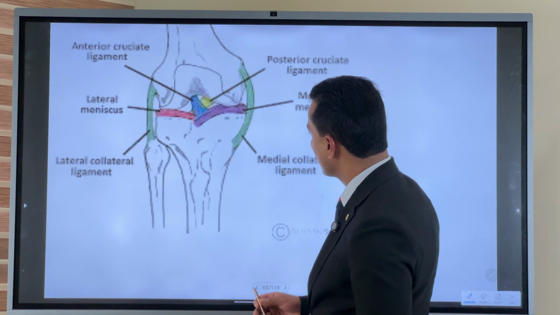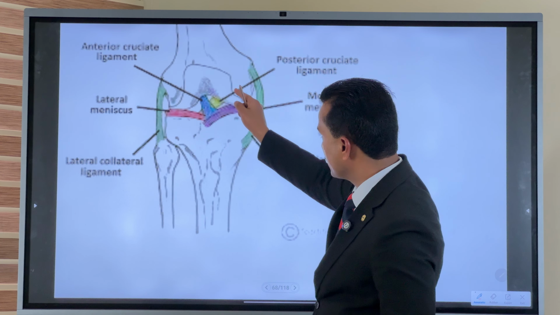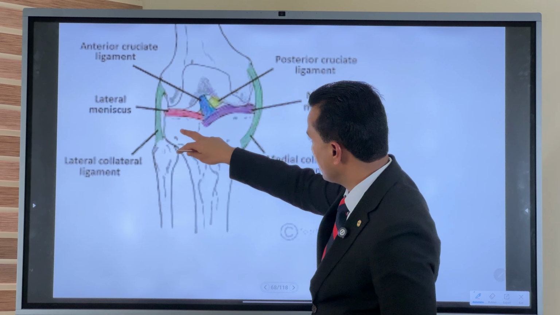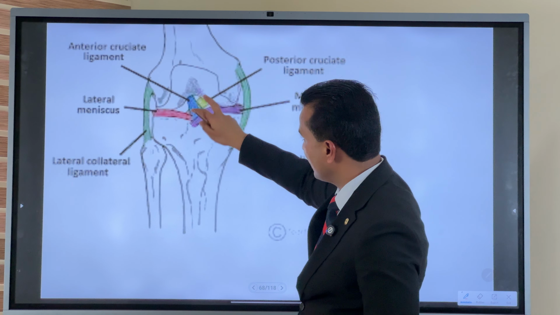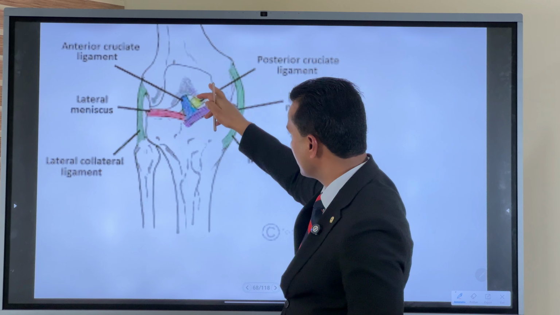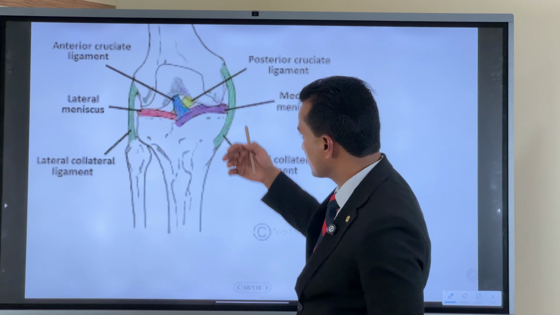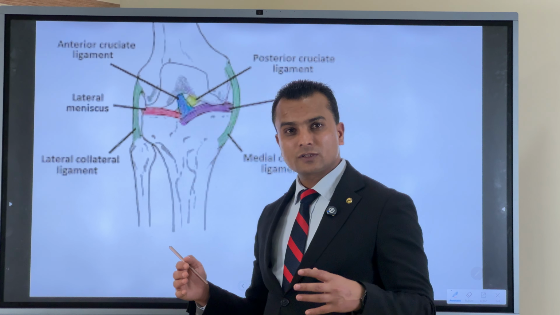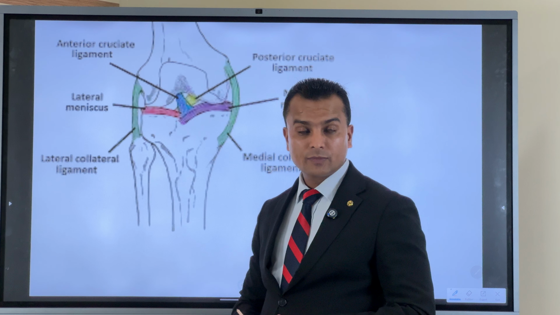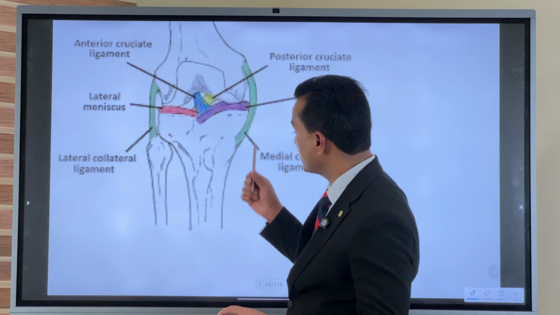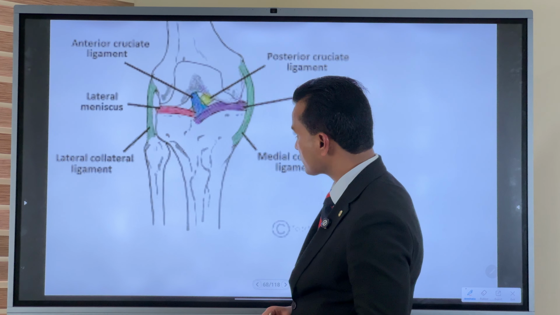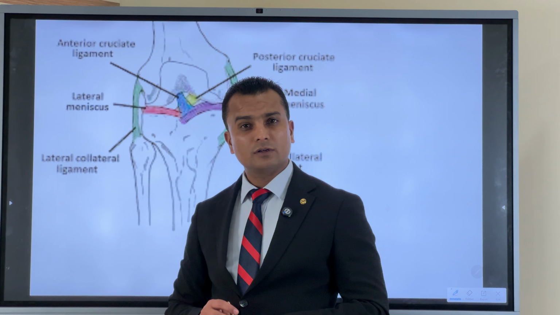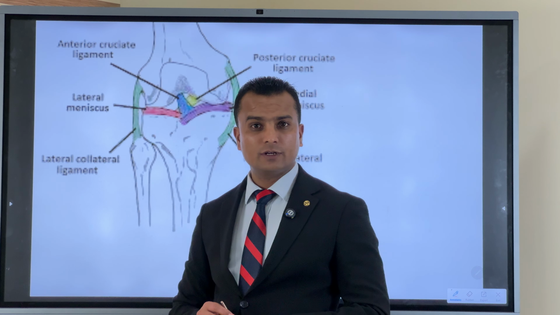As you can see, we have removed the patella here, the kneecap, and inside you can see the menisci and a lot of ligaments, and the articulation of the condyles of the femur alongside the tibia. So this is one of the major joints, and it has structures like the menisci, which act as shock absorbers in the knee joint. So we should understand that this is basically one of the major synovial hinge joints also, and there are